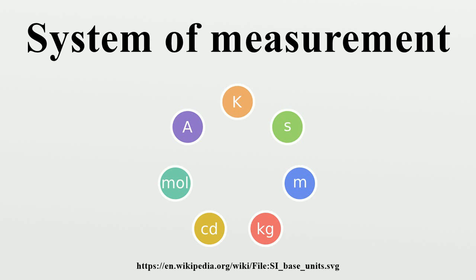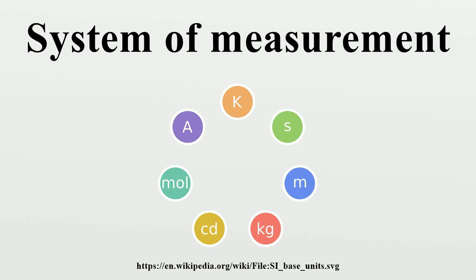It is an MKS system based on the meter, kilogram and second, as well as the kelvin, ampere, candela, and mole. The SI includes two classes of units which are defined and agreed internationally. The first of these classes are the 7 SI base units for length, mass, time, temperature, electric current, luminous intensity and amount of substance. The second of these are the SI derived units. These derived units are defined in terms of the 7 base units. All other quantities are expressed in terms of SI derived units.